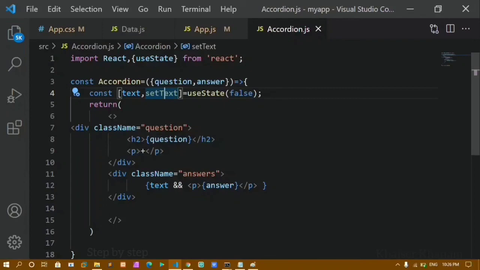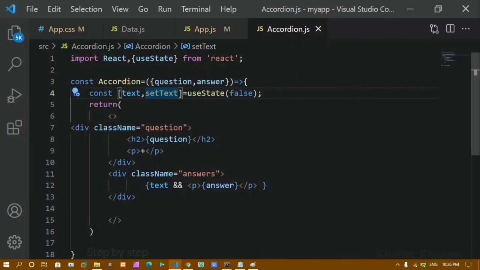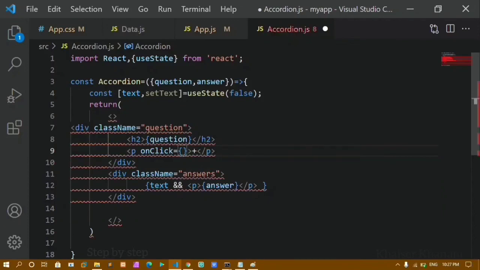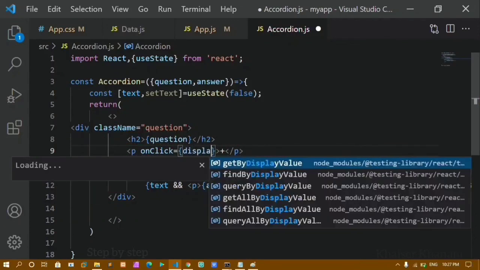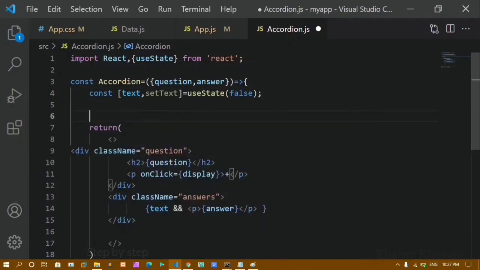This will be my updated value. Now for this I have to update. If I give this true, then this will be updated to text, and I'll be getting this output. Whenever I click on the plus symbol, I'll be getting output. So whenever I click on this plus symbol, I have to give an onClick event, and inside this I'll be giving one function. I'll give the function name as display. I'll copy this function name, and here I'll be defining that function